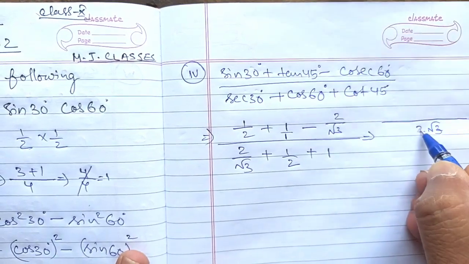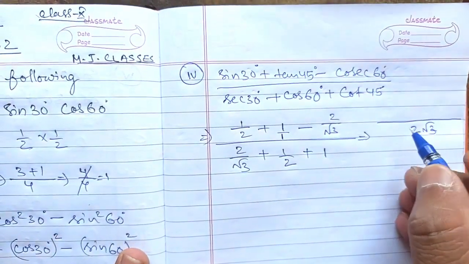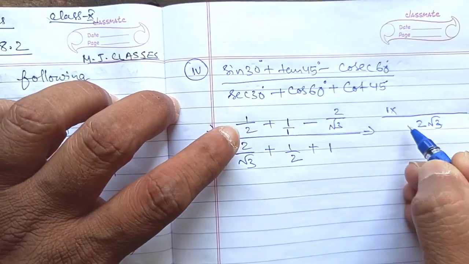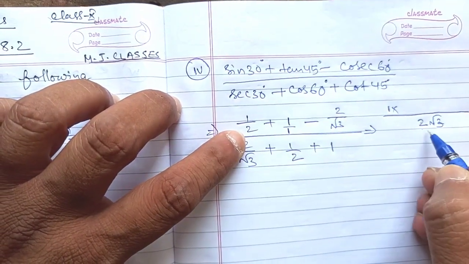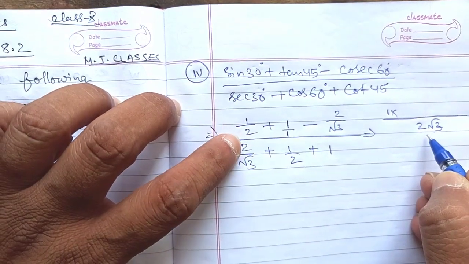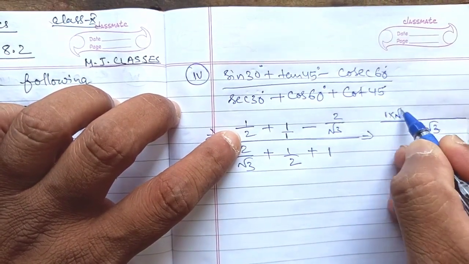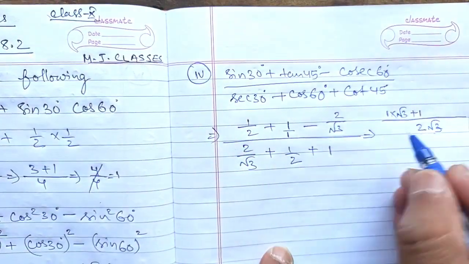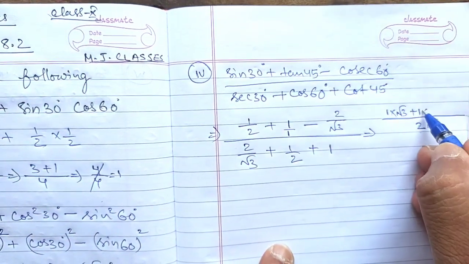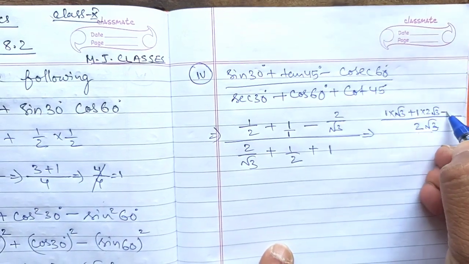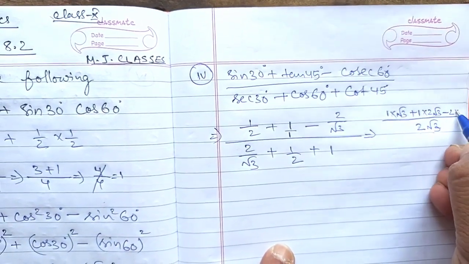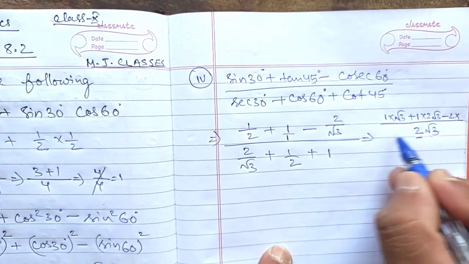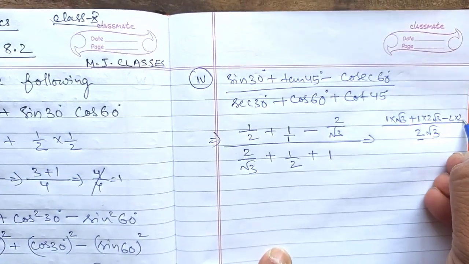2, root 3, both will be the LCM. Now write the numerator. Into which number is missing? 2 and root 3 is there. 2 is here, root 3 is not written here. So that one we will write in this place, 1. With 1, both the numbers are missing. So we will multiply 2 root 3 minus 2. Into which number is missing? 2 is missing. Out of these two, 2 is missing here. We will multiply in the numerator.